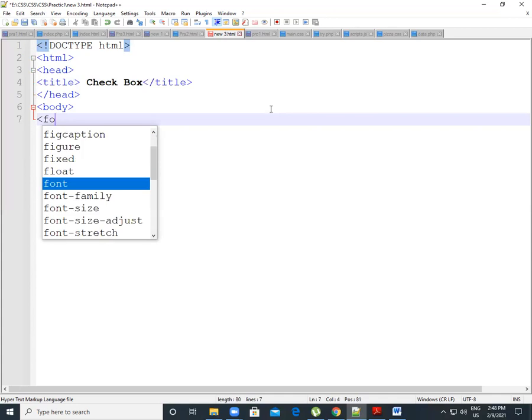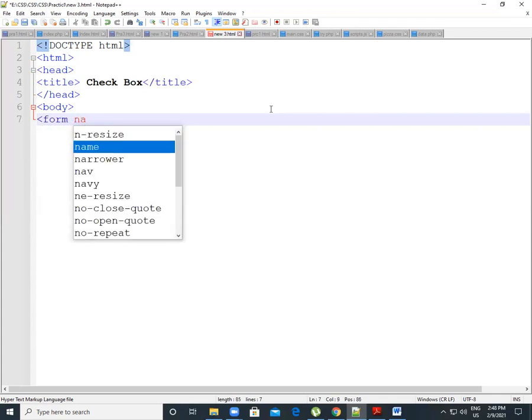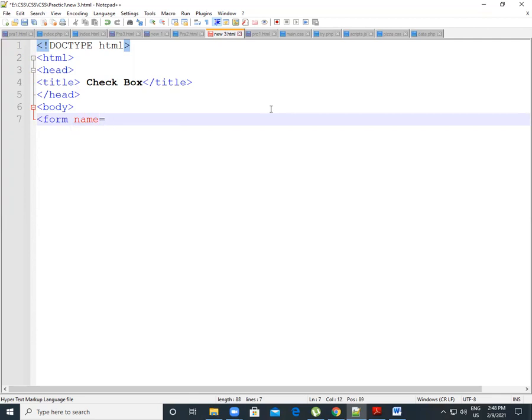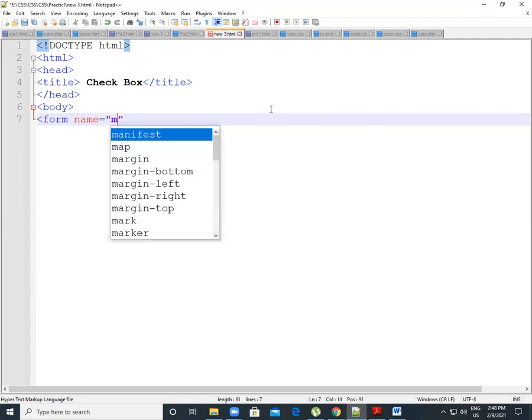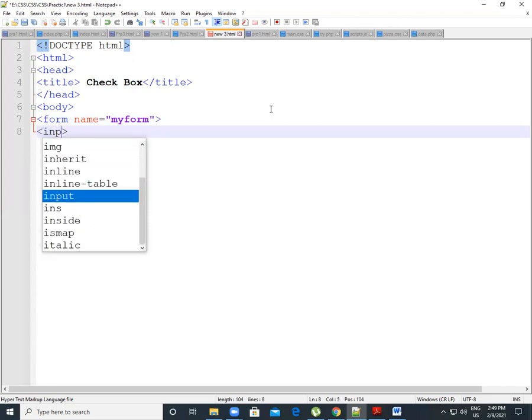So let's get a form here, and our form name is myForm. Equal to myForm. So this is our form name. Let's close this tag. And in our form, we give some input type.